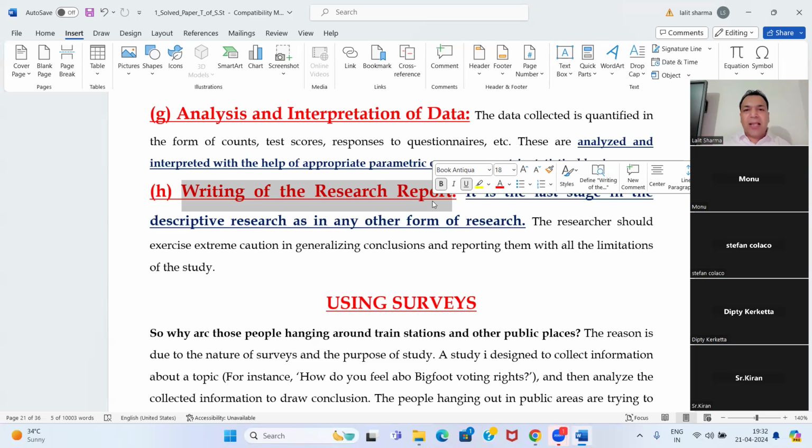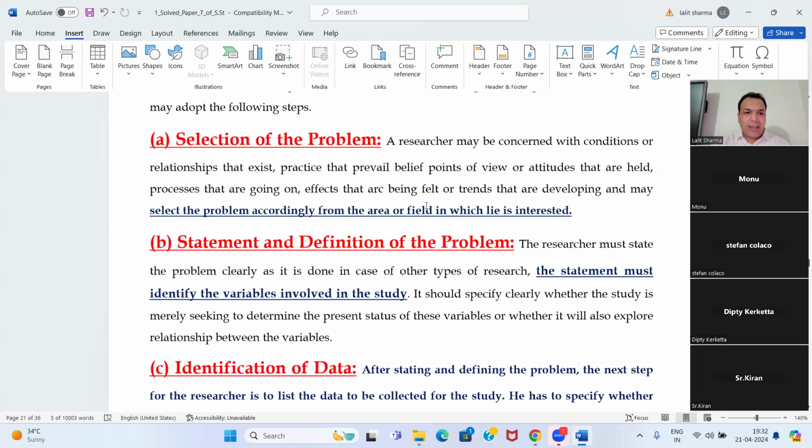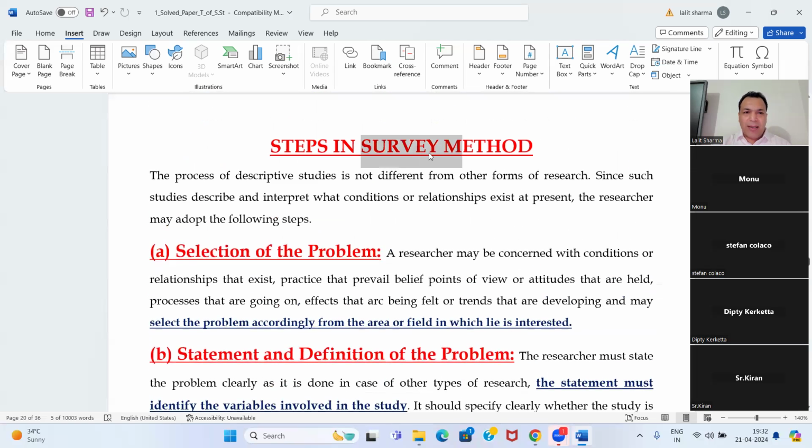So the survey method tells you. That's why I've told you, this is a teaching methodology course. Basically, a teaching methodology course makes you a teacher. Without the B.Ed or any such kind of course, you basically don't teach students effectively, right? These are the steps of a survey method.